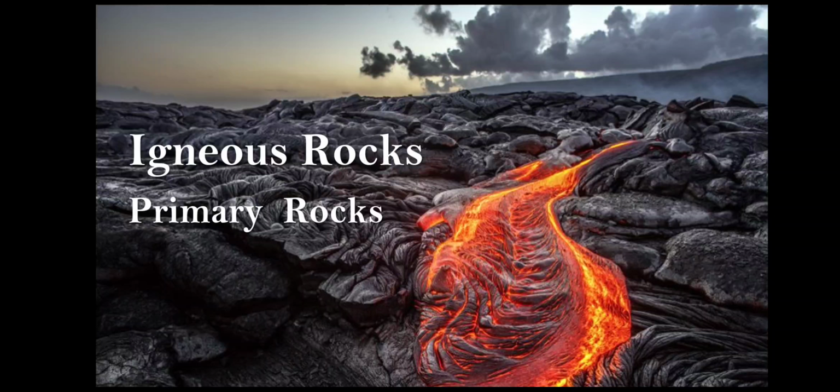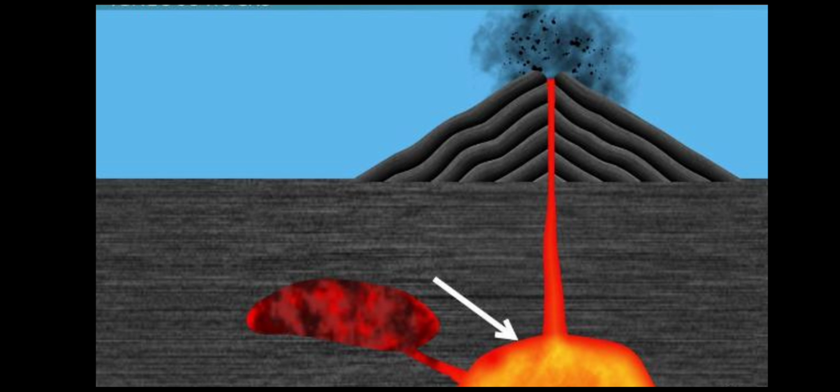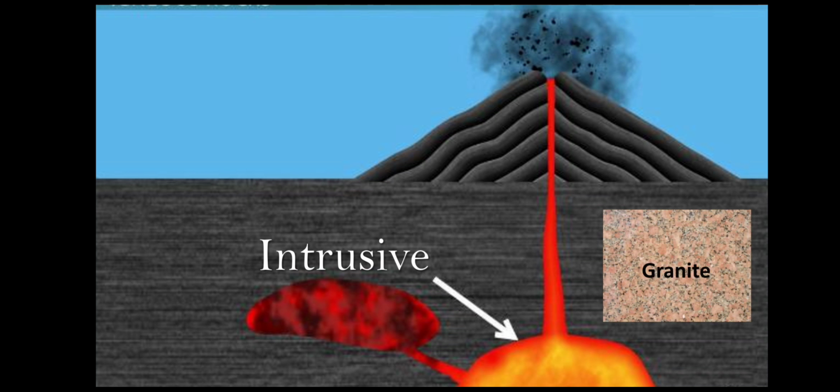There are two types of igneous rocks: intrusive and extrusive. Number 1. Intrusive igneous rocks. Sometimes the molten magma cools down deep inside the Earth's crust. They are not visible on the Earth's surface. Rocks so formed are called intrusive rocks. They cool down slowly and form large grains. Granite is an example of such a rock.